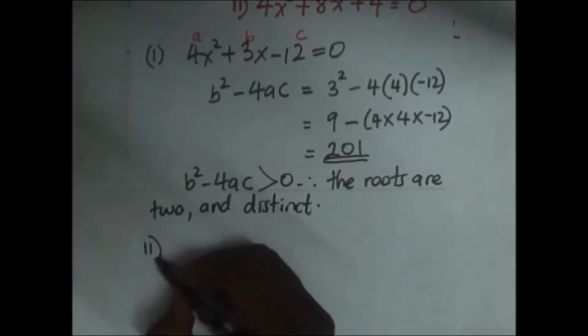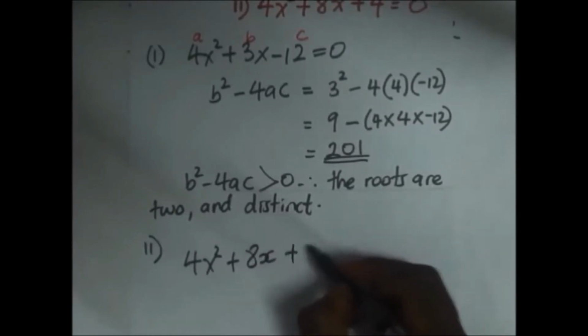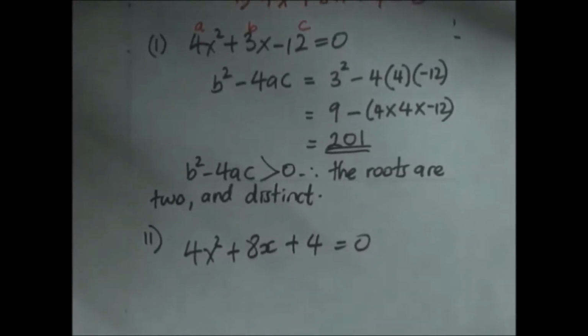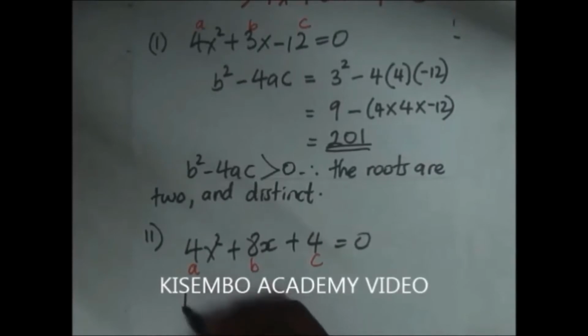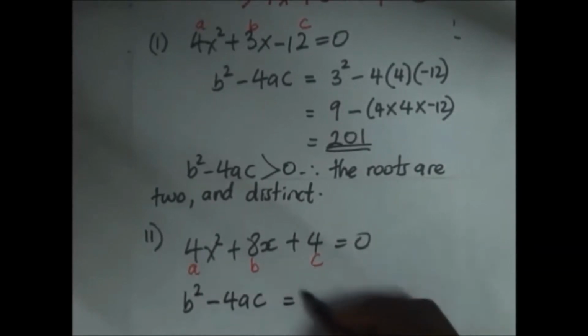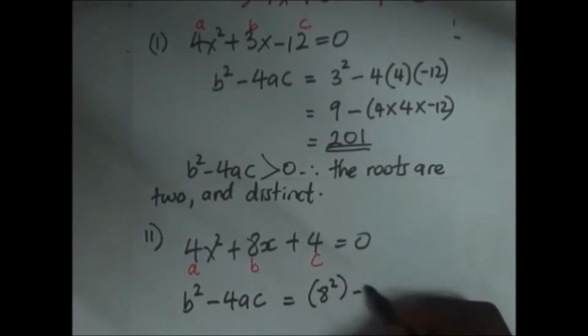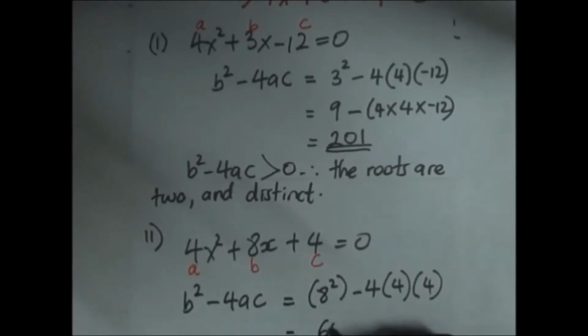Let's go on to Roman 2. Roman 2 is 4x squared plus 8x plus 4 is equal to 0. We want to find the nature of those roots. Like before, this is our value of a, that's our value of b, that's our value of c. And now we seek to find the nature of the roots. So it's still going to be b squared minus 4ac. It's going to be b squared, that is 8 squared, minus 4 times a, which is 4, times c, which is 4. So that's going to be 64